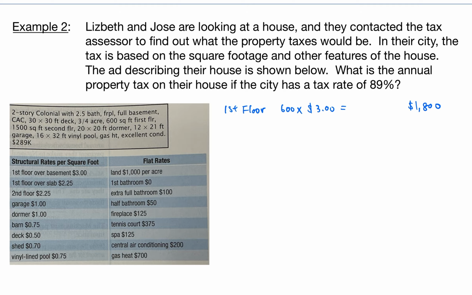Okay, so then the next piece is the second floor. Okay, and we're told that the square footage of the second floor is 1,500. Okay, so we are looking at the second floor, and that's 1,500. And if you take a look at this chart here, the second floor is $2.25. So we're going to multiply that by $2.25, and that works out to